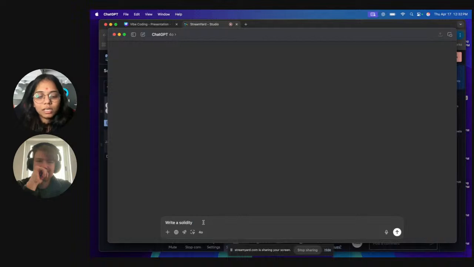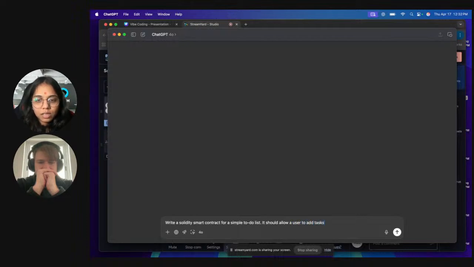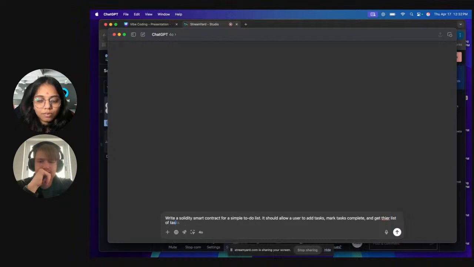Okay, so write a Solidity smart contract for a simple to-do list. It should allow a user to add tasks, mark a task complete, and get their list of tasks.